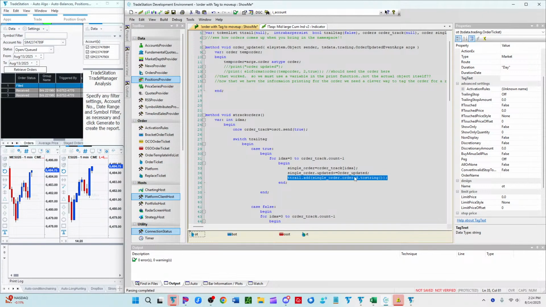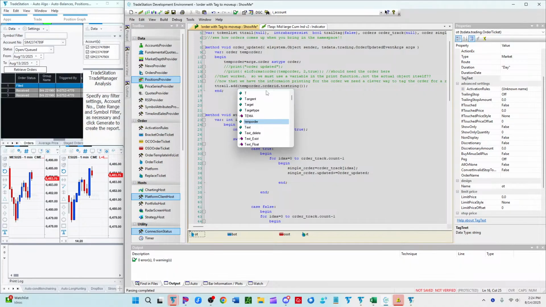So this here needs to go up here. And since we've already used temp order here, which was the args, whatever order the argument has been updated, we're going to assign that temporarily to our temp order. So we can just say here the temp order dot order ID dot to string. Now remember,